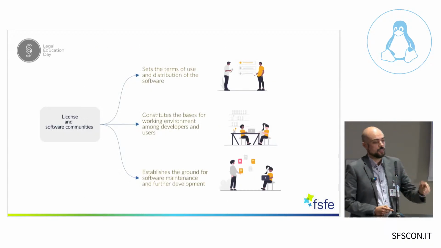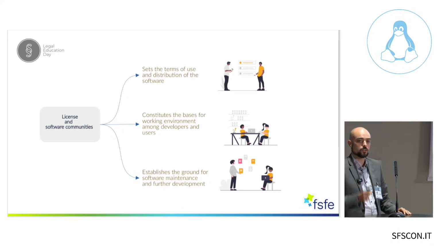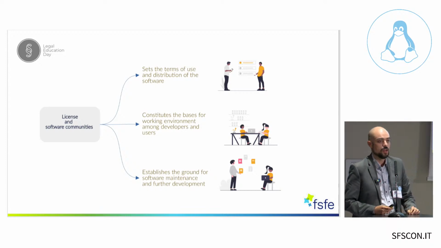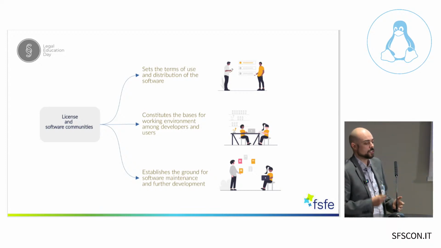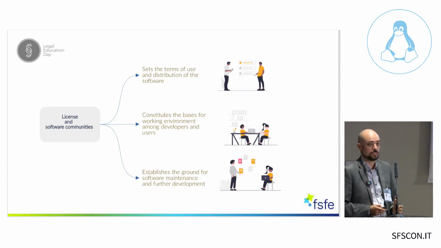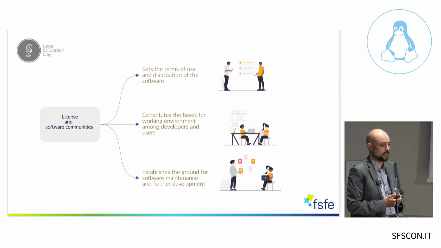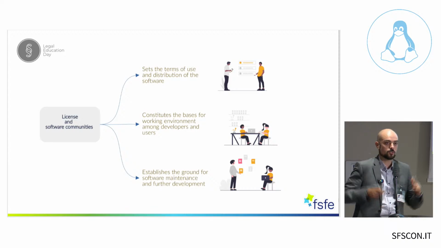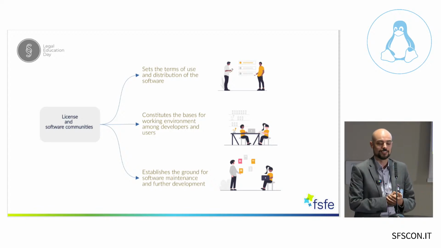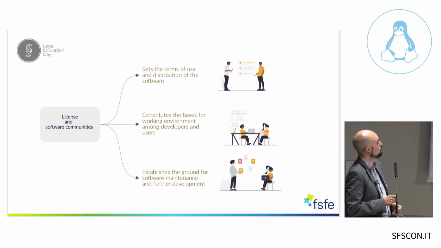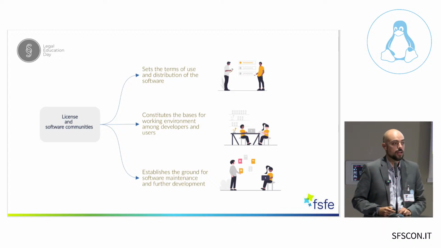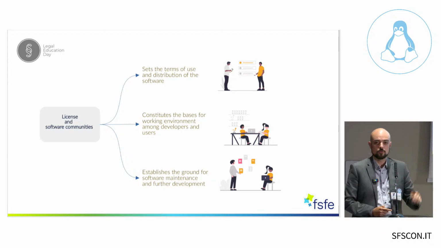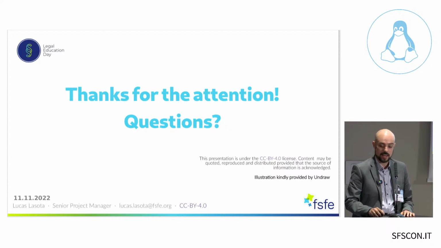Okay, so in the last part of my presentation, when we are talking about free and open source licensing, we are talking about sets of permissions and authorizations, but this is also very important. The license itself is very important for the software community, and that's why we are so concerned about the type of license, because the license is sometimes considered the constitution of the communities, because it sets the terms of use and distribution of software. It constitutes the basis for the working environment among developers and users, and establishes the ground for software maintenance and further development. Okay? So with that, I hope that we made some progress in making licensing a little bit clearer,